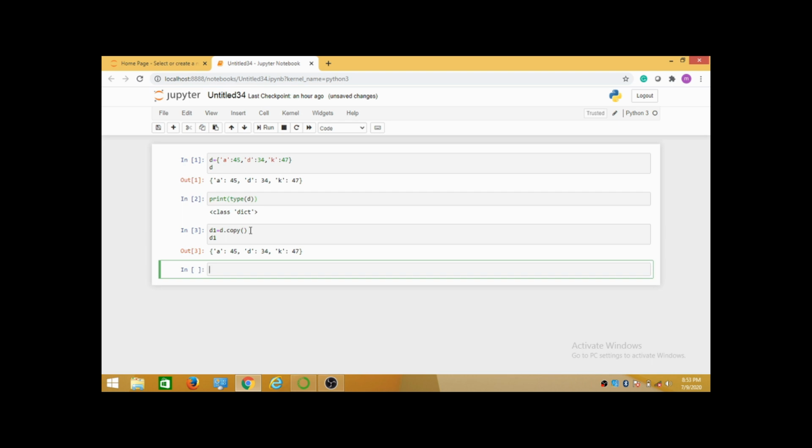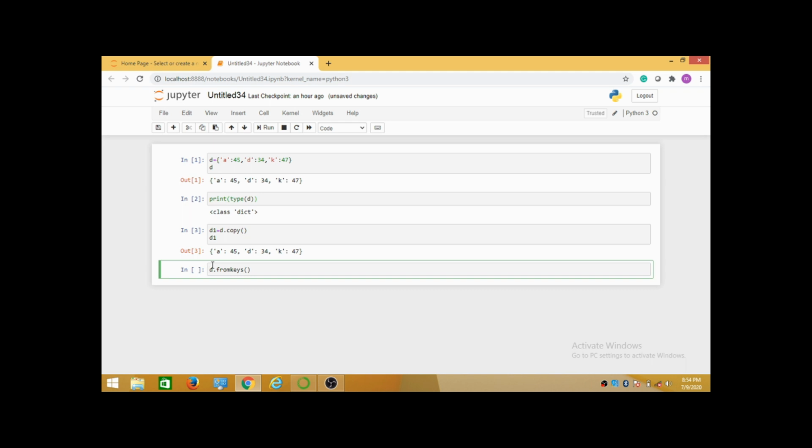So let's go with some other function. The next function is fromkeys. This fromkeys is used to create a new dictionary based on a sequence of elements. So let's see how these create new dictionaries using a sequence of elements.